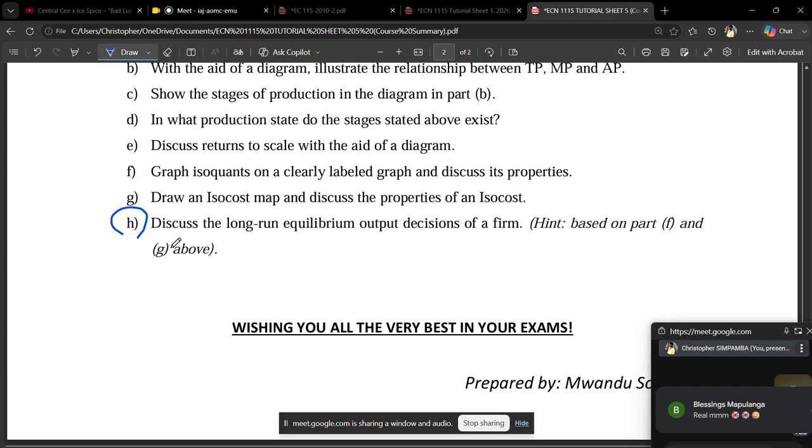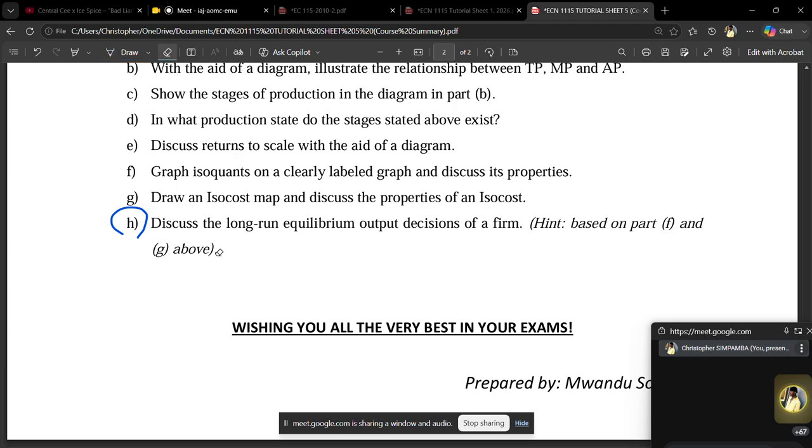H is saying discuss the long run equilibrium output decision of a firm. What this is asking us to do is, in the long run, the firm will try to maximize output. The equilibrium output is going to be at the point where the firms are producing at the point where marginal